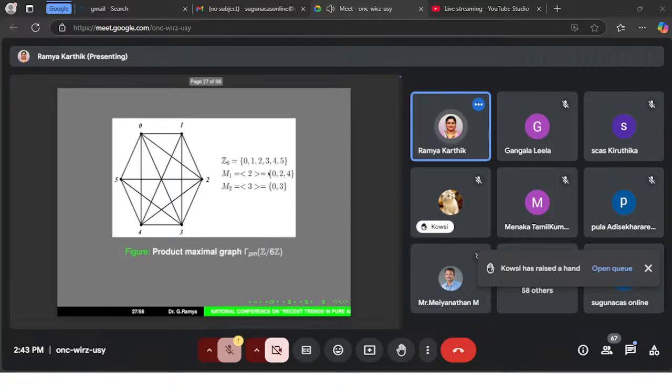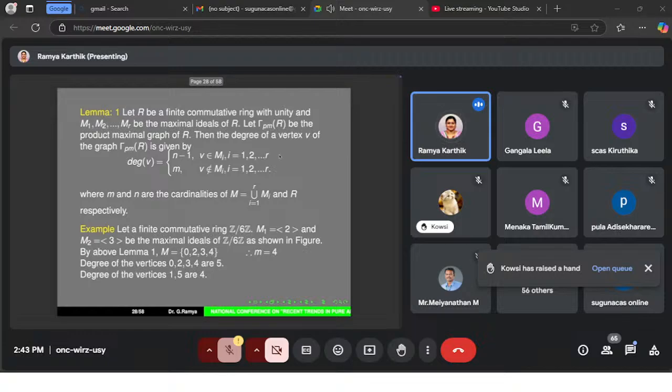See here, that belongs to the maximal ideal 2. 2 is adjacent to all the remaining vertices in the graph. So 2 is adjacent to 1, 2 is adjacent to 0, 2 is adjacent to 5, 2 is adjacent to 4, and 2 is adjacent to 3. Similarly, the set of all elements in a maximal ideal is adjacent to all other vertices in the graph. That's why the degree of a vertex belonging to the maximal ideal